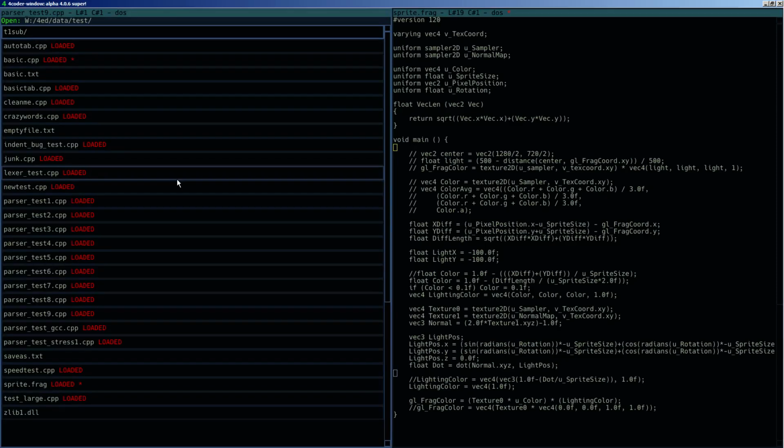Similarly, there's a file system explorer, and when you open this, it is looking through your file system. So now we see the directory we're in, and it shows me all the files in this that I have loaded, and you can see anything with a CPP on it got loaded just now because I hit open all code, and that command opened all the CPP files in the current directory. That's called the hot directory in 4coder, the one that's most recently latched onto if we need a new directory. It left all the text files unopened because as it was looping through the files, it didn't see the .cpp extension,